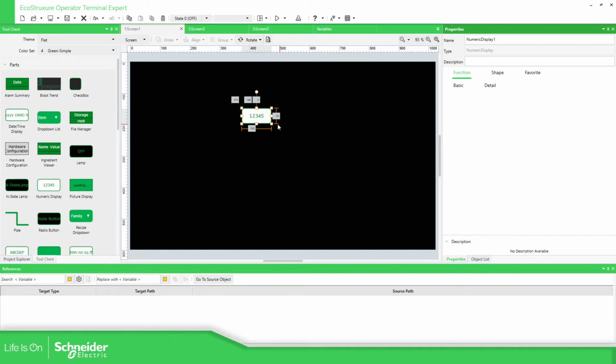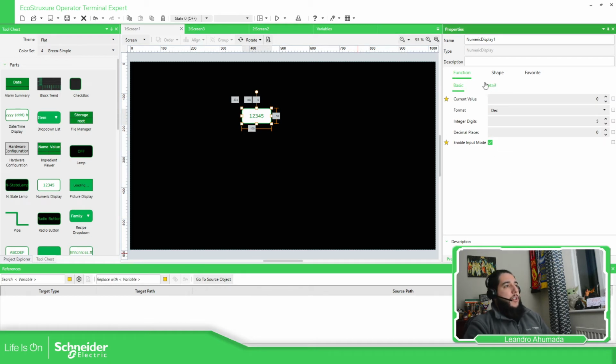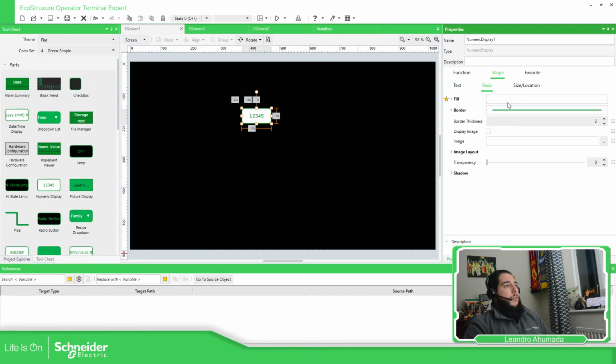So if you want to visualize something, if we compare this with Vijeo, the Operator Terminal Expert has the possibility to access different properties of each object. For example, if you go to the basic, no, this one, shape, you can go deeper and deeper in the different attributes and configuration for each object,